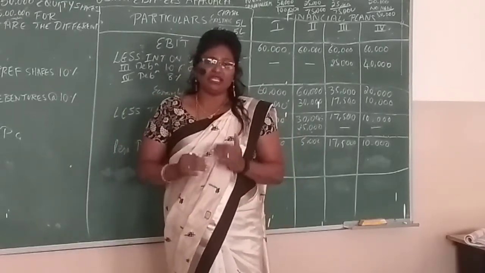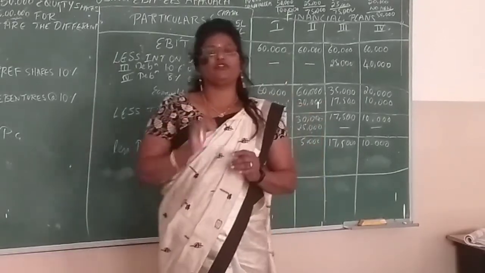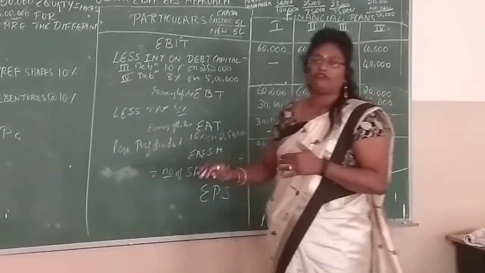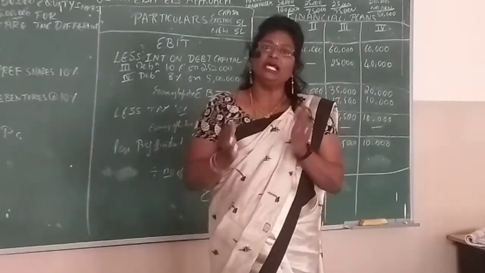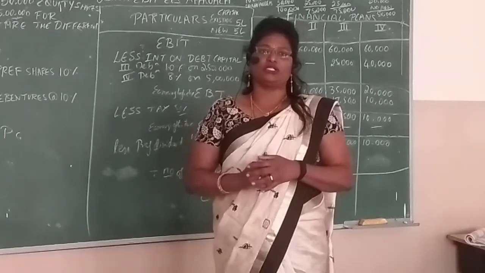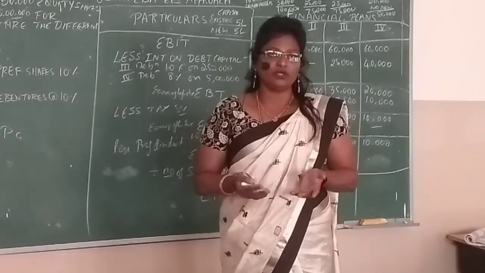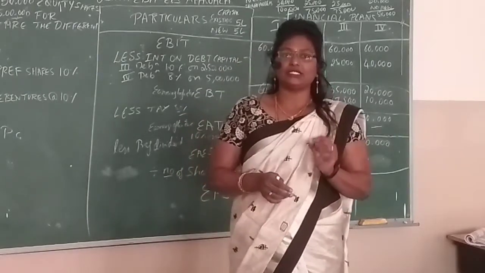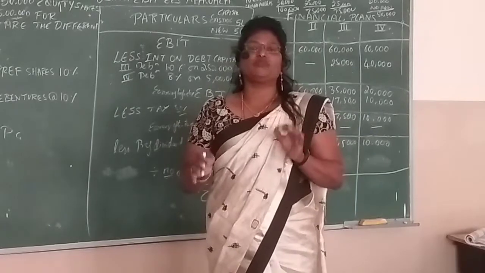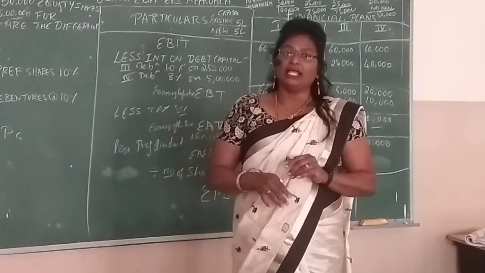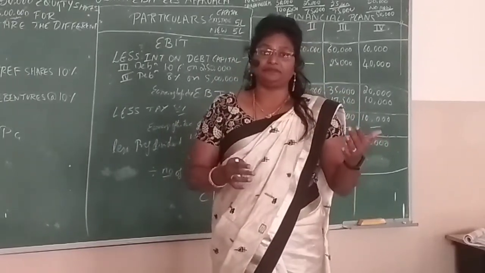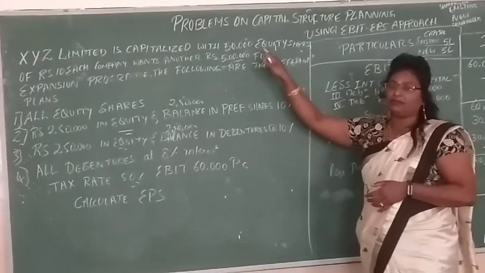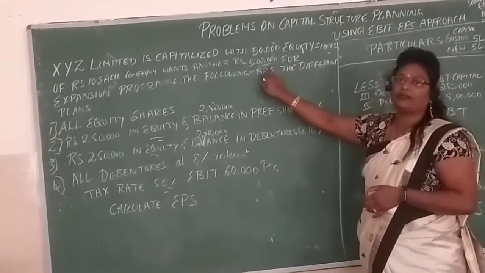So the next very important step is finding out the number of shareholders, because we need to divide this money among the shareholders. Earnings available for equity shareholders, the remaining amount, is to be divided among the shareholders. When we have to divide, we should know how many people there are, the number of equity shareholders. This is a very important step. Generally, students get confused with this number of shareholders. They get confused between rupees and numbers. When it says 50,000 equity shareholders, it is very clear, it is clearly mentioned. When I say 5 lakhs, it is not the number of shareholders.